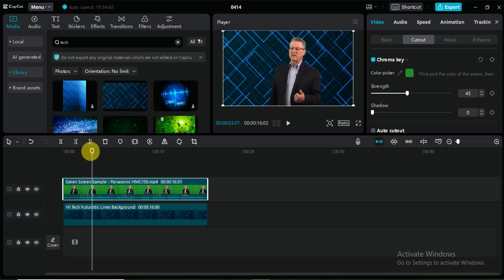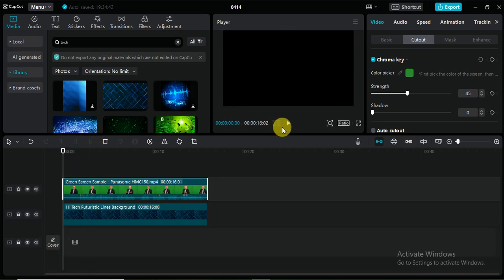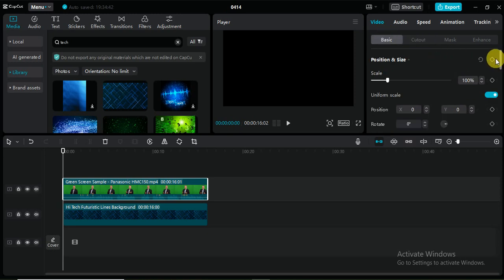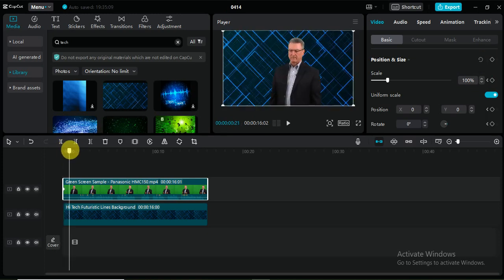So now I have to zoom in and zoom out the video. So here I go to basics, position and size, and I add the keyframe here. After that, at this point I want to add another keyframe